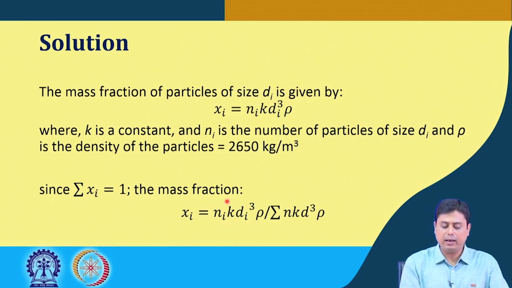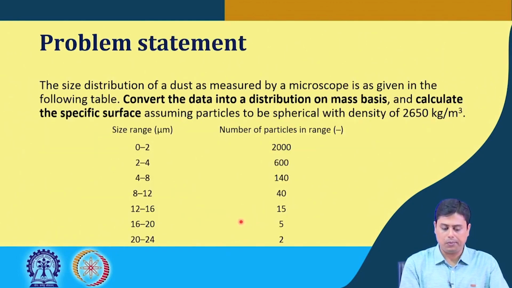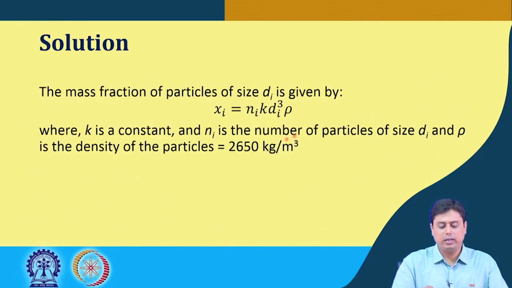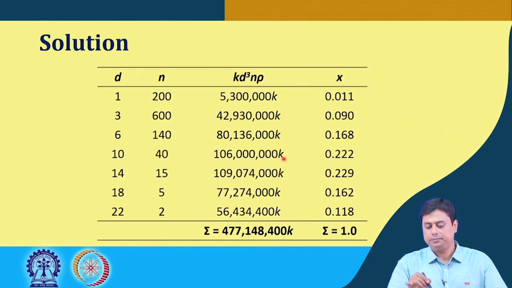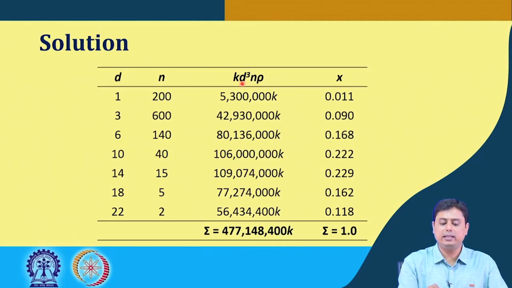Now, the value of k is not known, because let us say we are solving in a generic way for this problem, without understanding the second part that is written later, where it is to be spherical to calculate the specific surface. So, for the time being we neglect this part. For this first part, we do not know the value of k, so we will retain k as it is. And since this is a constant value, it will be eliminated at the end. So, then we calculate this k d cubed